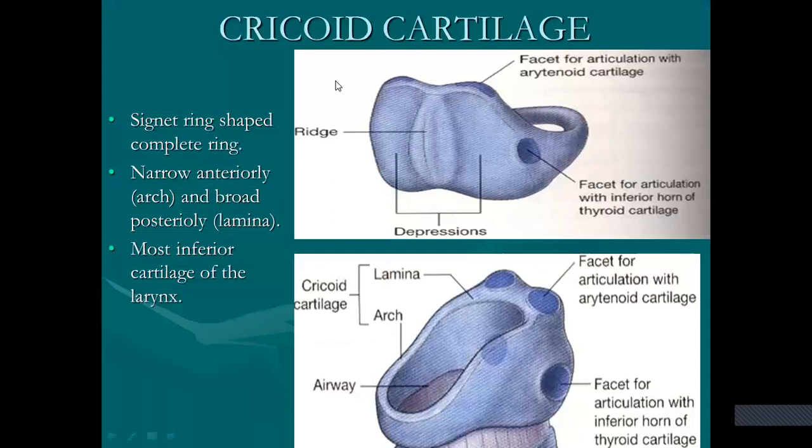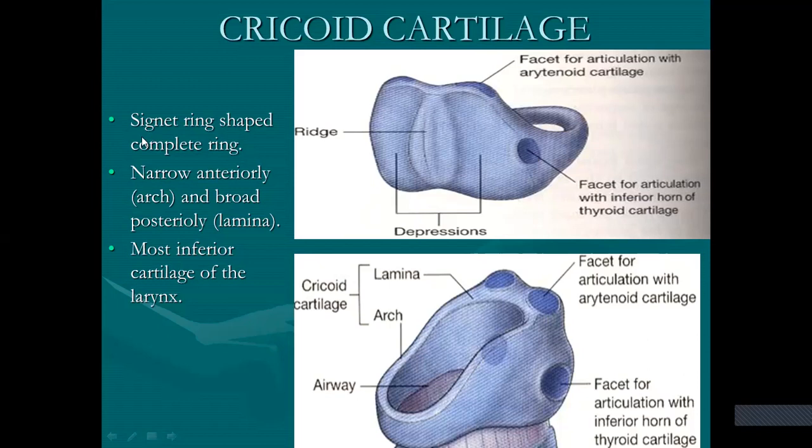Next, we shall discuss about cricoid cartilage. So the cricoid cartilage, it lies at the level of C6 vertebra. This is very, very important. You should remember that it lies at the C6 vertebra, that is cervical 6 vertebra. So the cricoid cartilage, it is shaped like a ring, signet ring shape cartilage. Okay, you can imagine, especially the girls, they wear the rings. So exactly the shape of the signet ring.